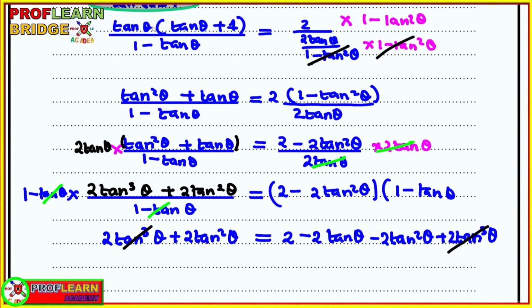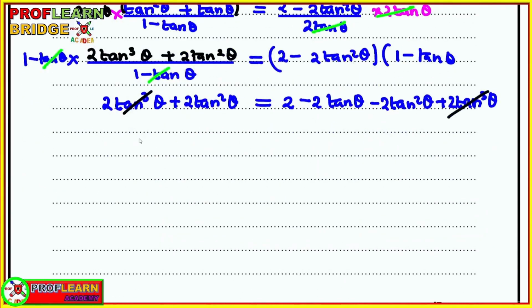Then we're going to remain with, I'll take 2 tan squared theta on the other side. So that's going to be 4. Actually, this one is going to be 4 tan squared theta. We are going to have this 2 tan theta going this side, and then we shall have minus 2 equals to 0. Now you can see we have a quadratic equation that needs to be solved